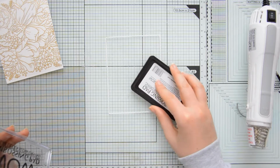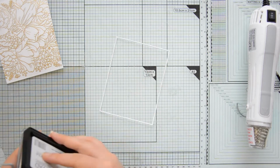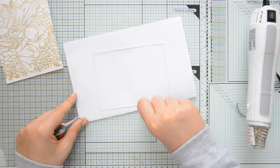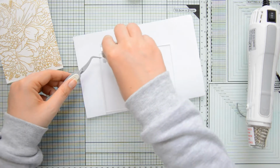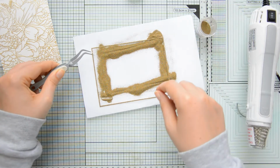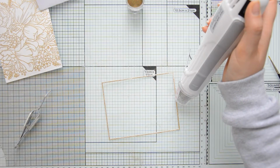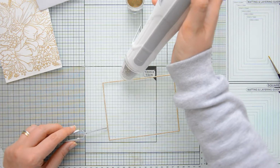embossing powders. Here is where I'm going to turn this thin Bristol Smooth cardstock die cut into a metallic accent for my card. So as you see, I basically patted my clear embossing ink pad on this die cut so that I can then coat it with embossing powder and the embossing powder will stick to my paper. And then I can use again my heat gun to heat set the embossing powder and give this die cut